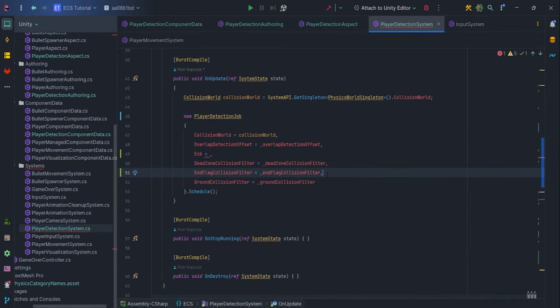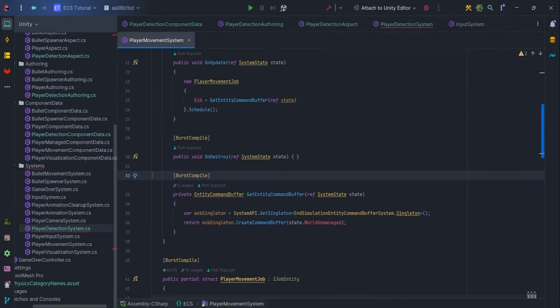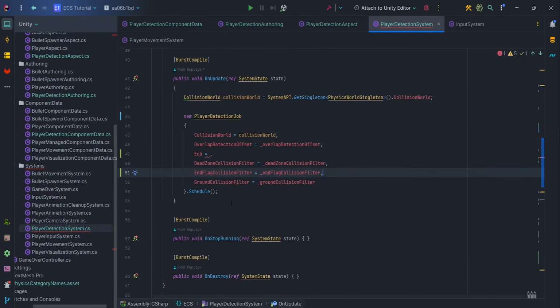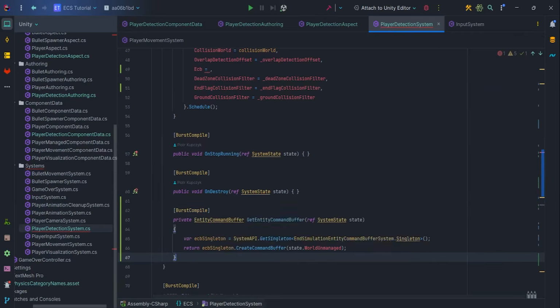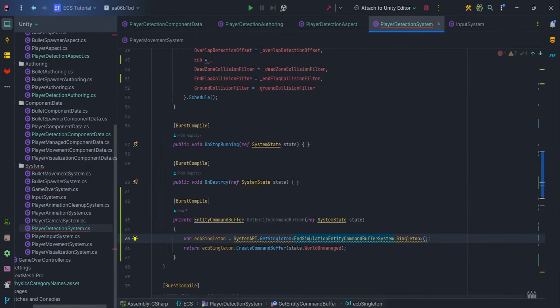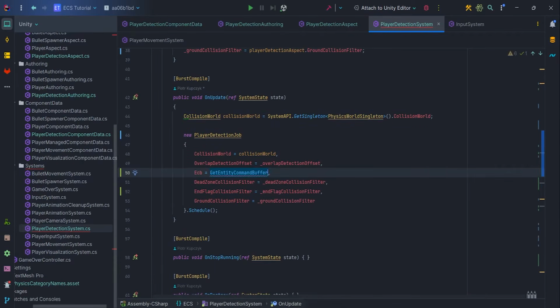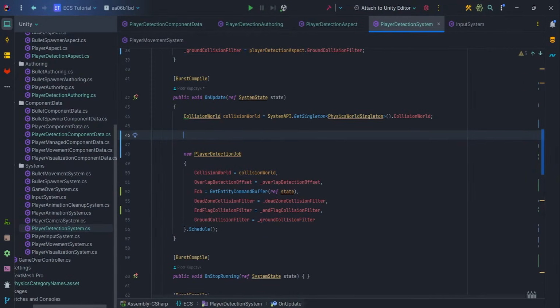Let's copy the getEntityCommandBuffer method from PlayerMovementSystem and paste it in the PlayerDetectionSystem. Of course, add the missing require for update and pass parameters to the job. I want to save invocations of the job when there is no need, so let's get the singleton player component data